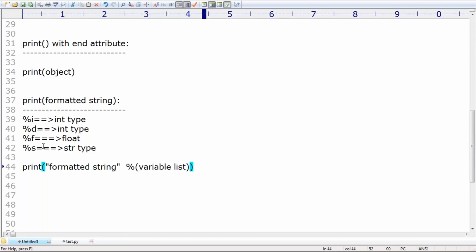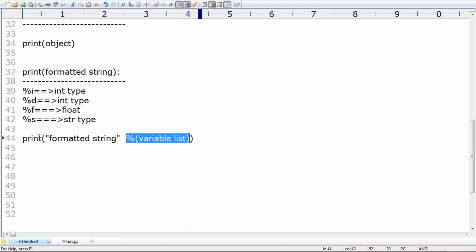So here is the formatted string, then space, then % followed by the variable list. Remember this one: print the formatted string, % followed by variable list. Clear? Are you able to understand?